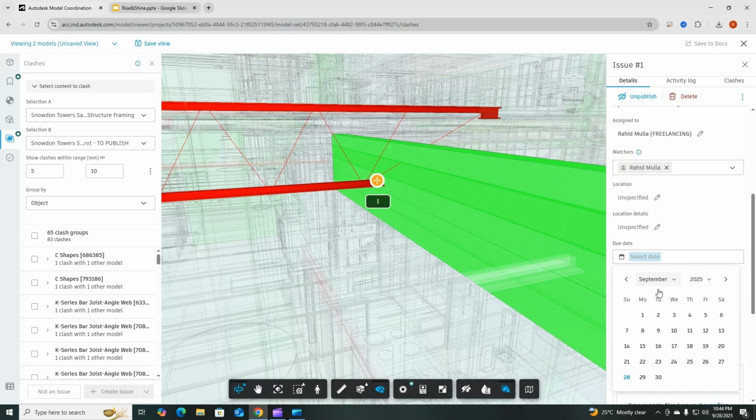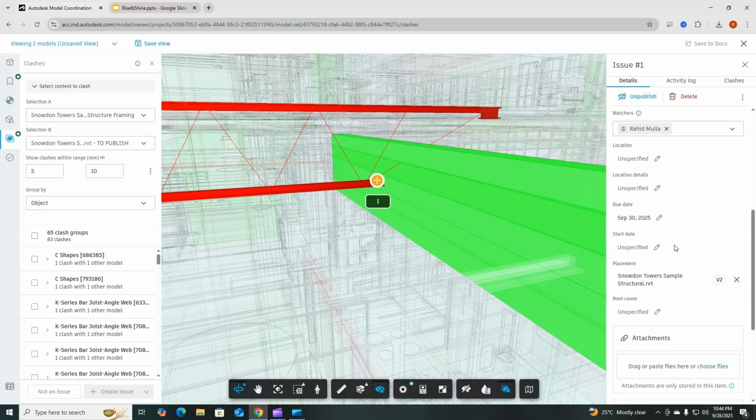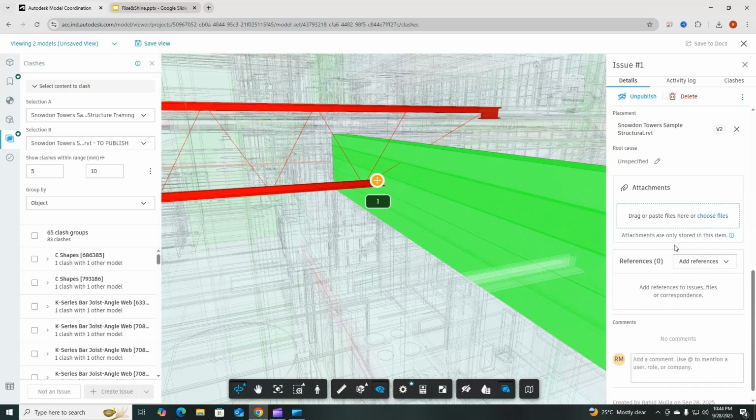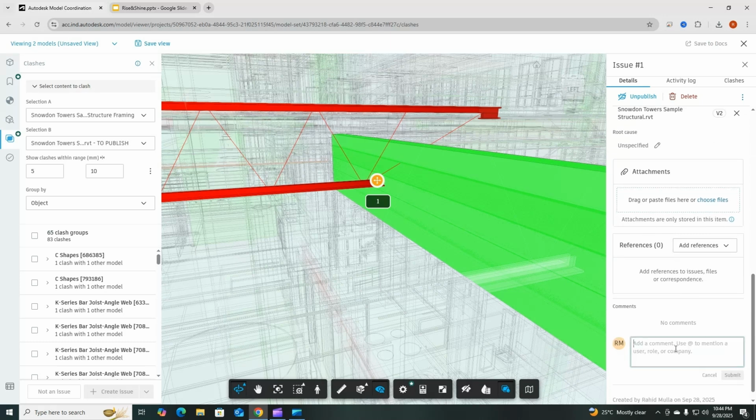Then I can specify the date by which they have to submit this. And if I want to type in any comment here, I can mention resolve ASAP. Okay, once I do that, I will submit this.